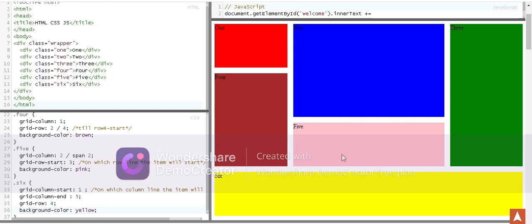Okay, so grid-row-start from the start of the third row line. This is our first row, this is the second row, and this is the third row. So it will start from the start of the third row. So this is another property, grid-row-start, which defines on which row line the item will start.